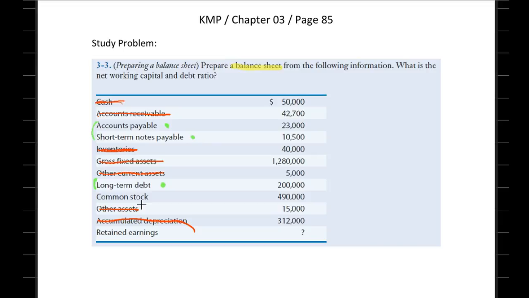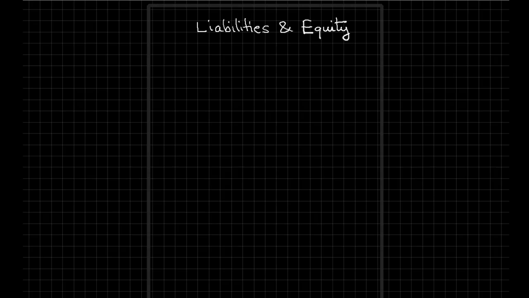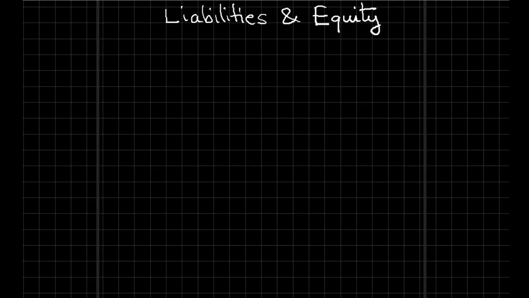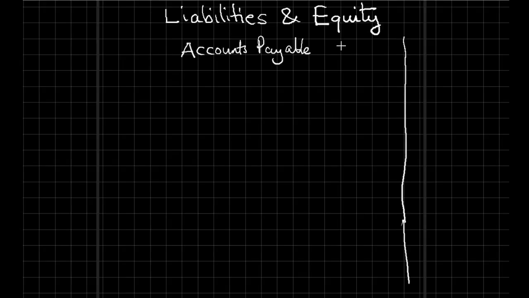So when we are producing our balance sheet, the order of the account items should reflect this distinction between current liabilities and long-term liabilities. I already prepared a layout, and so we can go ahead and list those current liabilities. So we mentioned accounts payable and short-term notes payable as current liabilities. So let me go ahead and write these down. And again, let's just create our alignment line. So we decided that would be